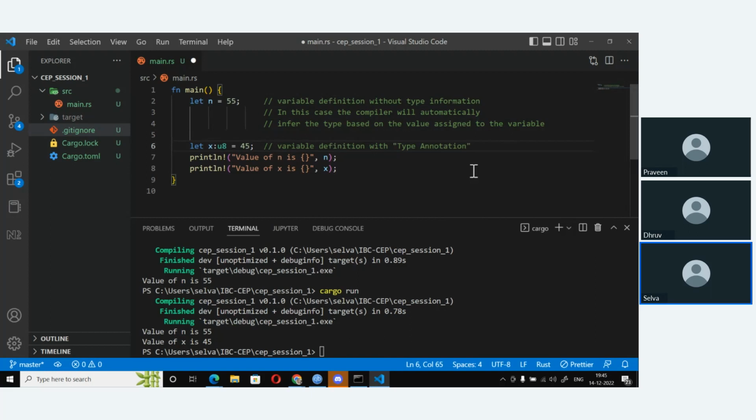So in Rust parlance, when you mention U8, in C, C++, Java we call them type specifiers, right? Whereas in Rust we call them type annotation. Okay, so you are annotating, basically annotation means to add additional information. So X is saying that hey, X has to be of unsigned integer of 8-bit type.